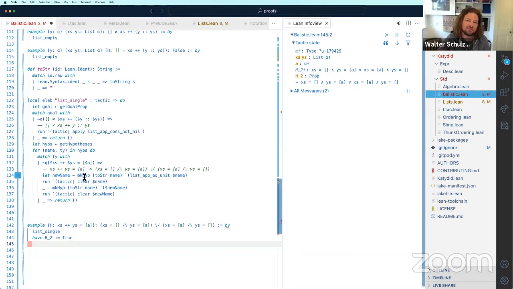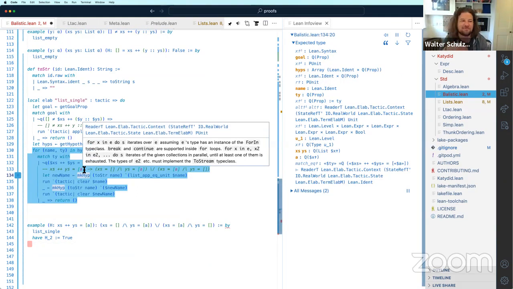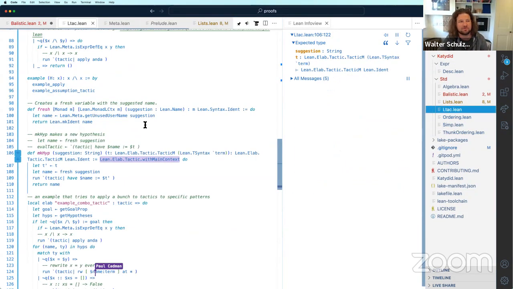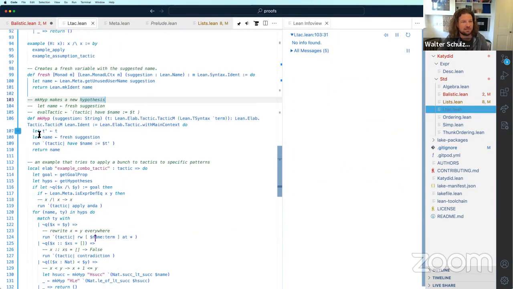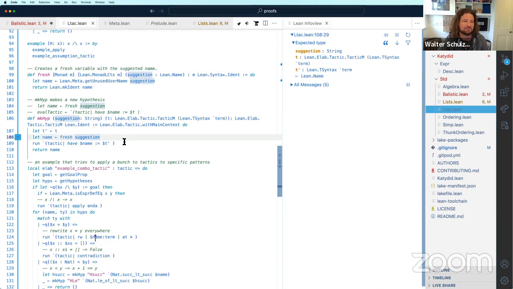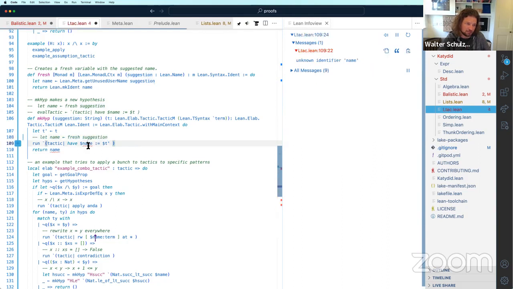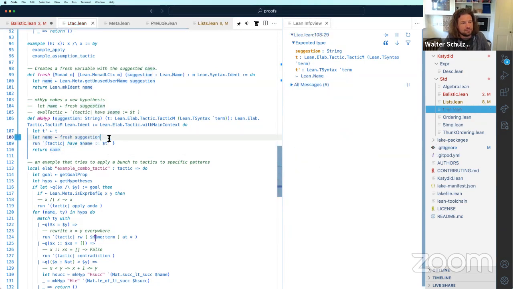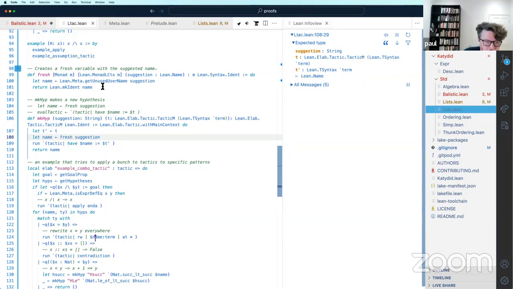But I've specifically made make hype so that it doesn't override it. It gets a fresh name. But if we just go with suggestion, because it has to be a name.